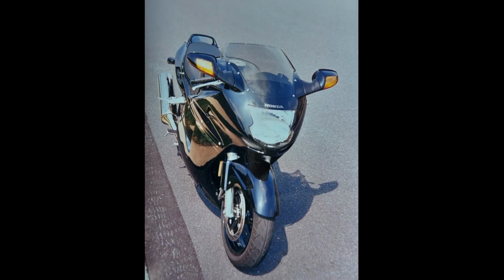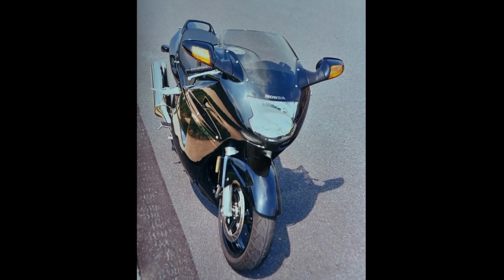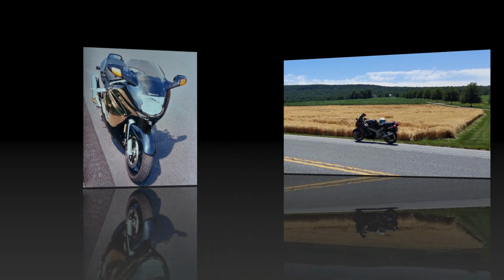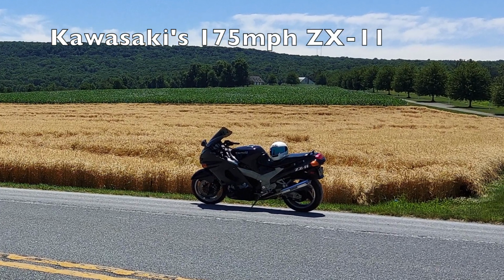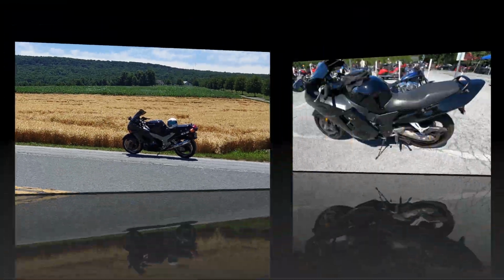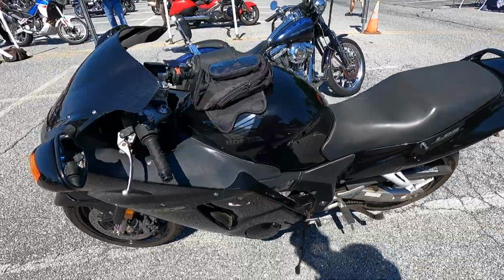Blackbird history. In the mid-90s, Honda decided that they were going to produce the fastest bike in the world. Up until that point, Kawasaki had really ruled the roost with the fastest bikes in the world from the mid-80s all the way through the late 80s and into the 90s. They had dominated with their Ninja 1000 and then their ZX10 and then the ZX11. Honda's answer to the ZX11 was their 1997